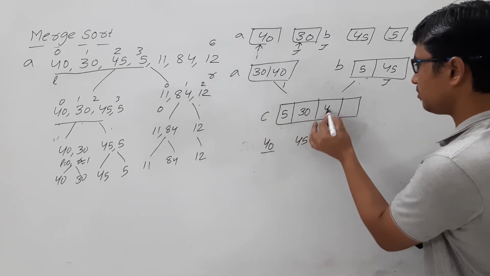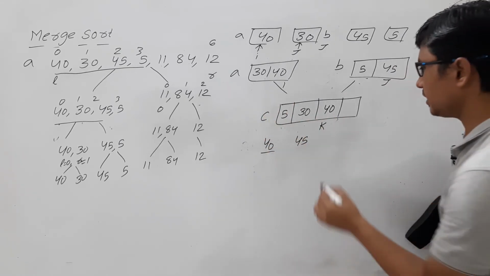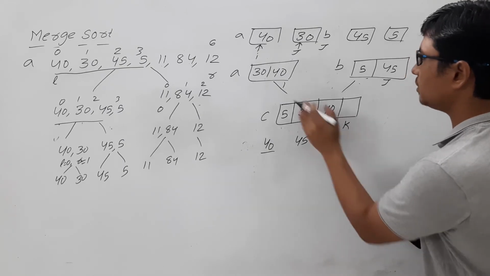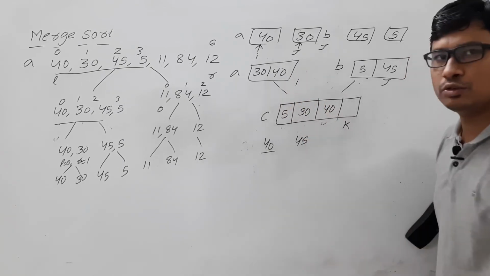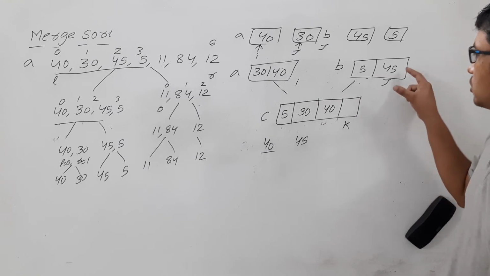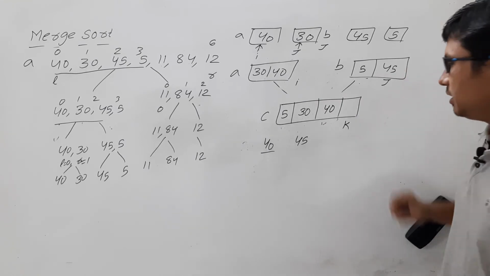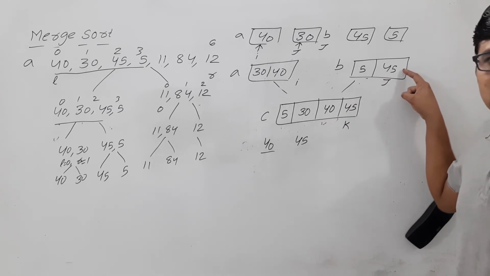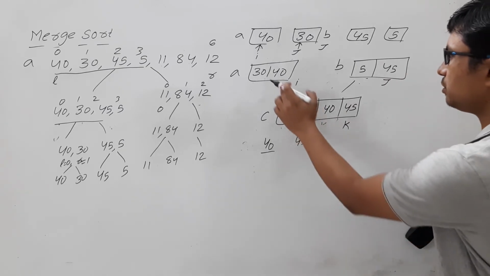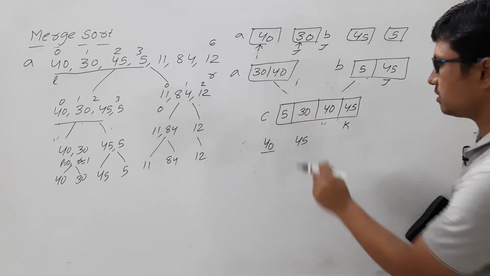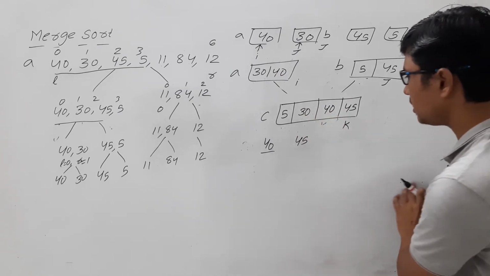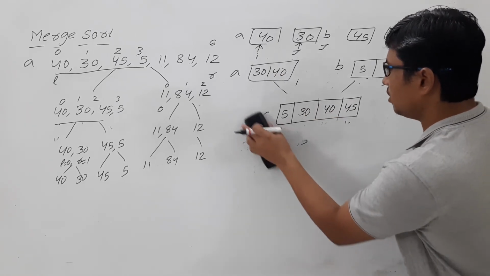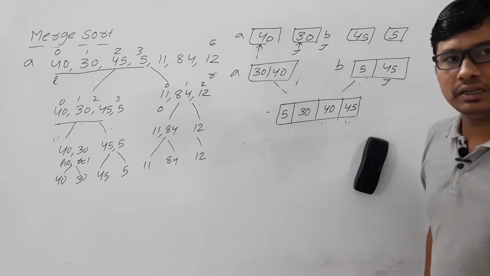Which is less? A of I is less. So place the A of I value in the C of k and increment the k value, increment the I value. There is no more elements in the array A. So whatever the elements is there in the B, all these elements you can place. Only one element is there, which is 45, so I have placed. So from these two sub arrays, if I apply the merge procedure, I got the array consists of 5, 30,